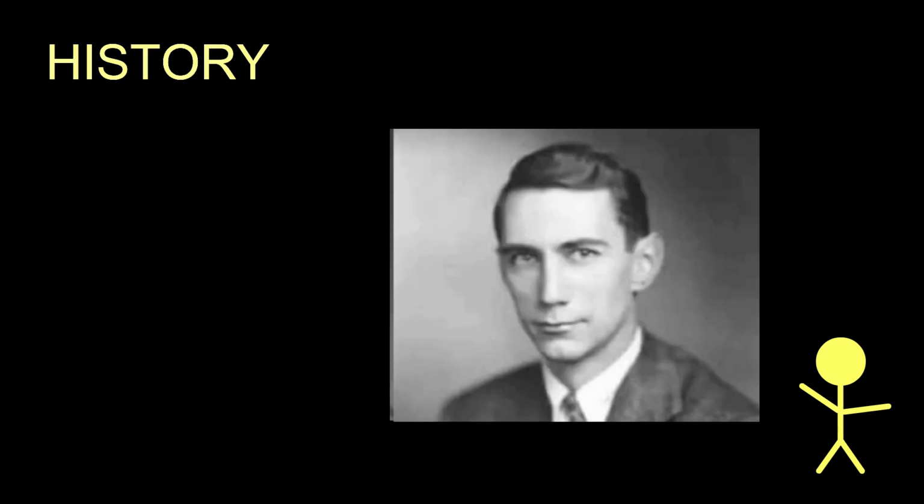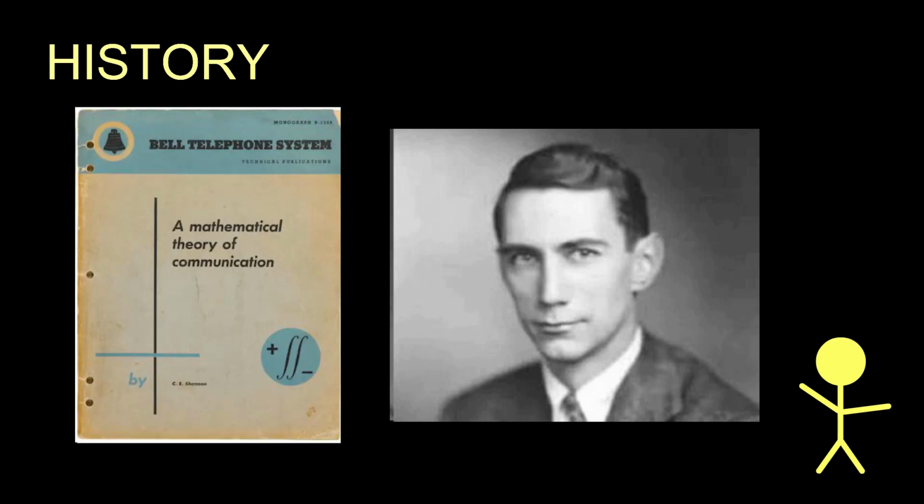Let's go back in time. In 1948, Claude Shannon wrote A Mathematical Theory of Communication, which laid the groundwork for the development of information communication systems. Digital signal processing started in the 60s and 70s when digital computers became available, but it was only used by the government. In the 80s and 90s, the personal computer revolution commercialized digital signal processing.